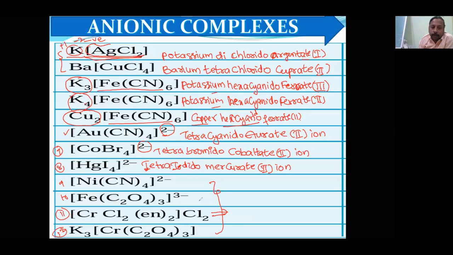This is the first question, somewhat different, that's why you may feel a problem. So this answer I am writing here. See, there is no cation here, so you should write the complex ion first. Always positive ion first. In the complex ion, you have to write the ligands first, in alphabetical order. So it will be fluoro, C stands for chloro, then ethylene diamine. En means ethylene diamine. So it will be dichlorido.